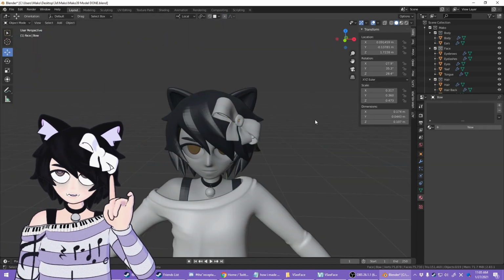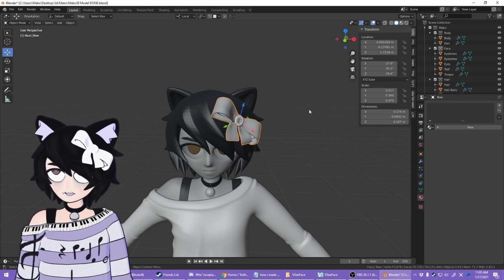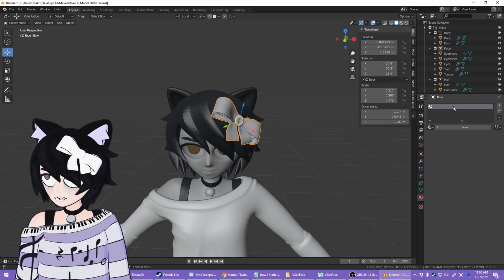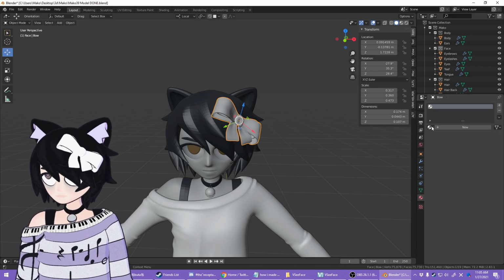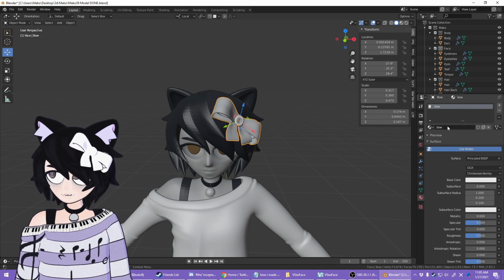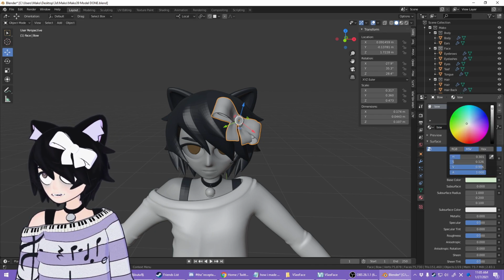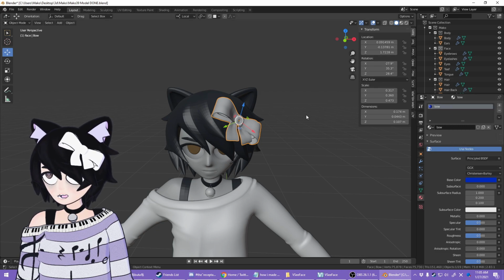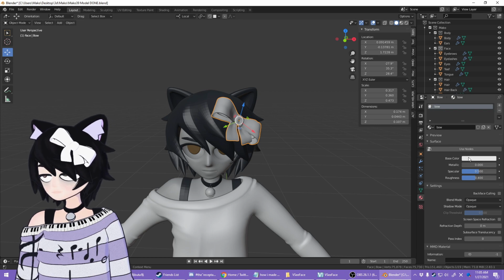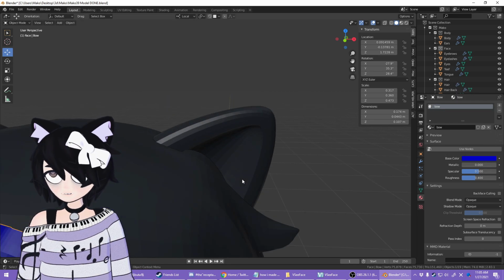You can change the color of something you're working with by clicking on it, going down here to Material Properties, and adding a material. You click New, and then you can name it Bow, whatever. And then base color, you can change this to be whatever you want. Why is that not working? Oh yeah, disable use nodes. Wait, no, yeah. Base color, but it's been a while since I did this. There we go, it's blue.